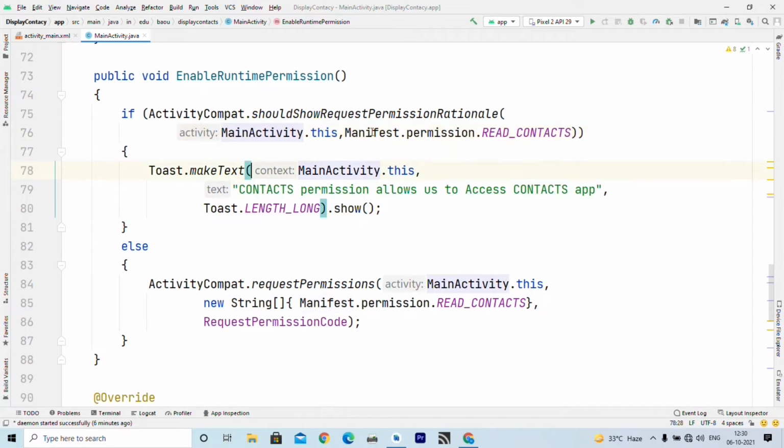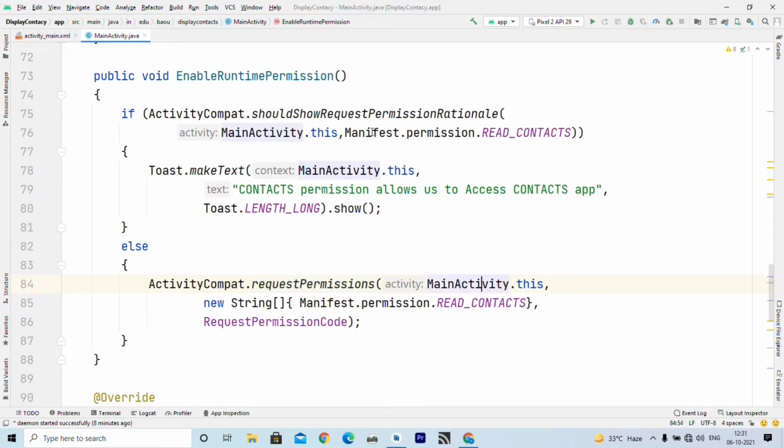If the user grants this permission, we display a toast that contacts permission allows us to access the contacts app. So we provide the rationale that this permission allows us to access the contacts app, and inside the else part we write the actual permission request.